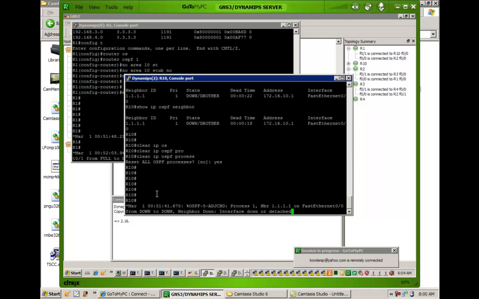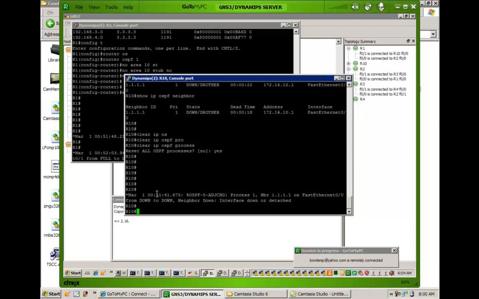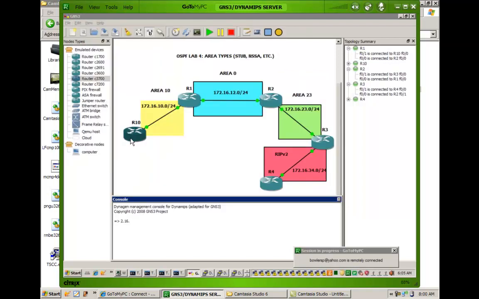So we're actually going to introduce our redistributed routes as type 7 LSAs and propagate them through to the rest of the network as a type 5 LSA. So it gives us the advantage of performing redistribution. However, no LSA Type 5s can come into the network. So in this case, if we were to go to router 10 and